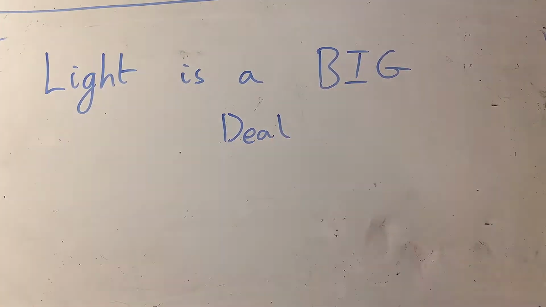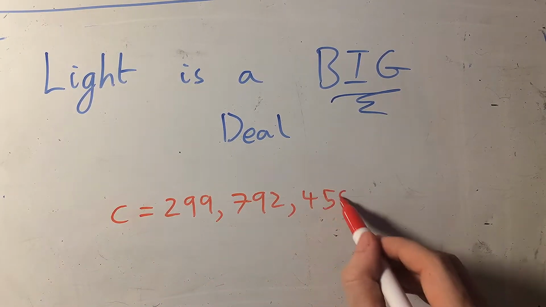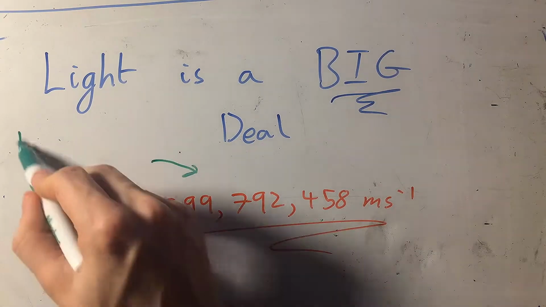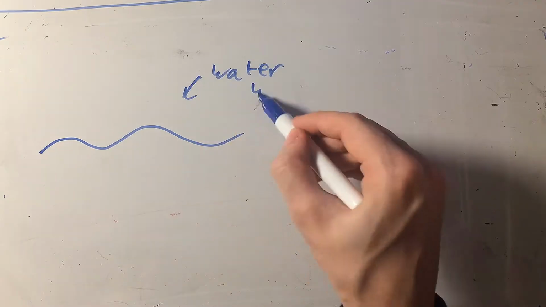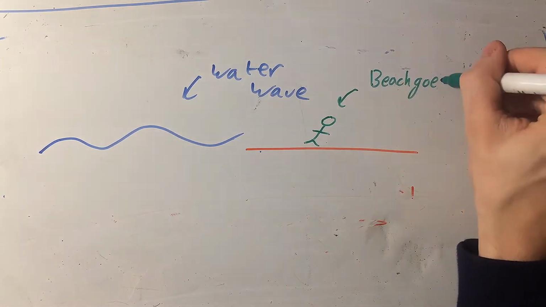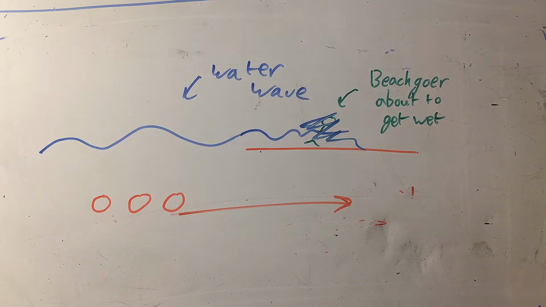Light has always been a hell of a big deal in physics. Everyone knows that in a vacuum light travels at a constant speed c. This constant speed is unique to light and one of its defining features. But what is it that's actually travelling at this speed? Does light travel in the same way that a water wave does? Is light a wave? Or is it actually like a little marble shooting through space, a particle?